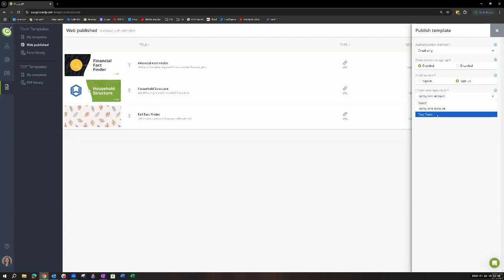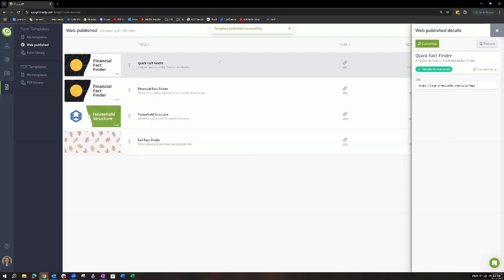But if you have more than one team on your subscription, you can also control where those newly created prospects are sent once created. Okay? But then once we save this, we now have under web published our generic URL. We could copy this at any time and email it out, put it in a newsletter. Some people turn them into QR codes, which is kind of cool,